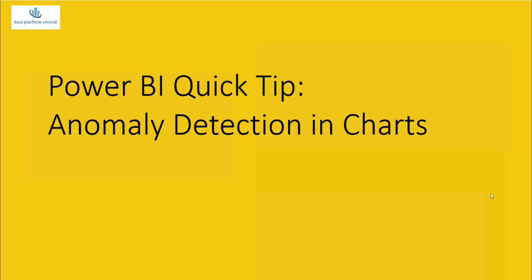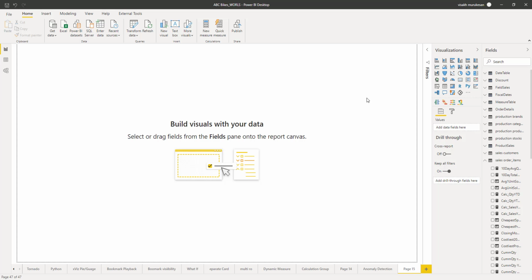So let's see how we can implement this feature, which is available inside the line chart visual inside your Power BI Desktop. To illustrate this, let's look into this sample project which I have opened in my Power BI Desktop latest version. So provided you have a Power BI Desktop with a version greater than the November 2020 update,